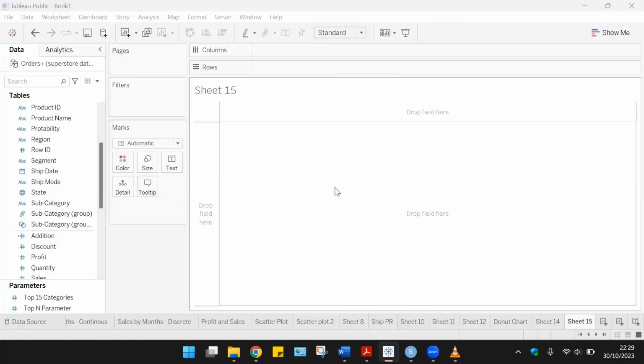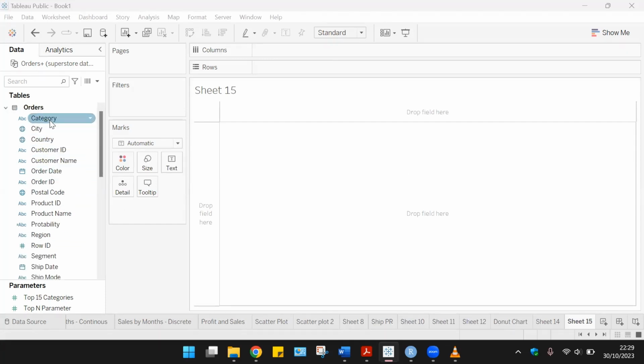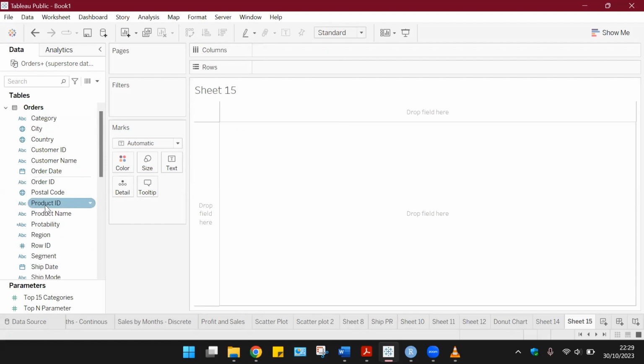Hello and welcome. Let us look at more detailed visual representations of data. In this case, we look at combined visualizations. In some cases, we might want to represent our data in two or more visual representations in a single chart. For example, let's work with categories. Let's work with the date, with order date,